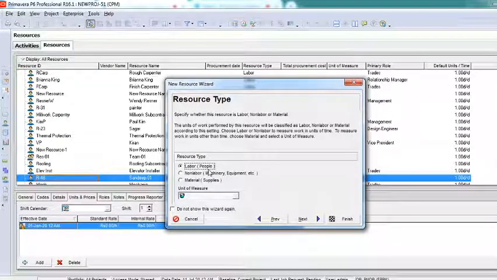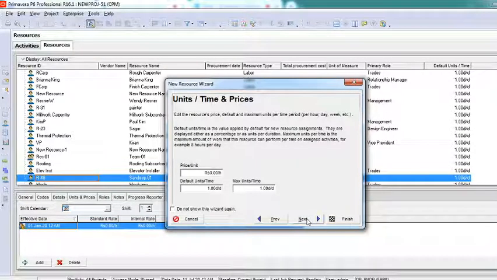Do not mistake it. If I have to add a vice president of a company as a resource, I'll have to add him as a labor only. Usually we have that visual that a labor is somebody who is an unskilled laborer. That's the visualization that comes when I say labor. It's not true. Labor is nothing but a human resource, nothing but people. A project manager is also labor, vice president is also labor, and MD is also labor in this case. I'll say next.